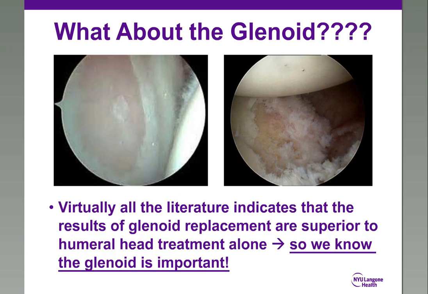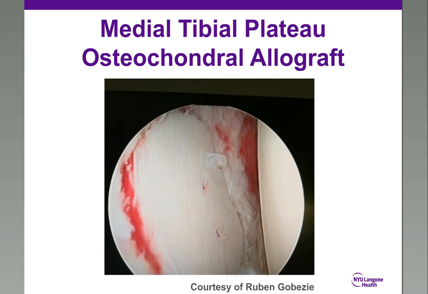Well, what about the glenoid? Virtually all the literature indicates that the results of glenoid replacement are superior to humeral head treatment alone. So we know that the glenoid articular surface is important. We discussed the fact that microfracture of the glenoid is a treatment option that has shown promise with respect to